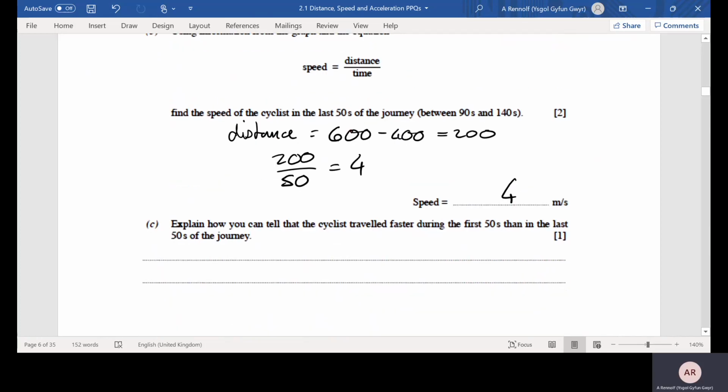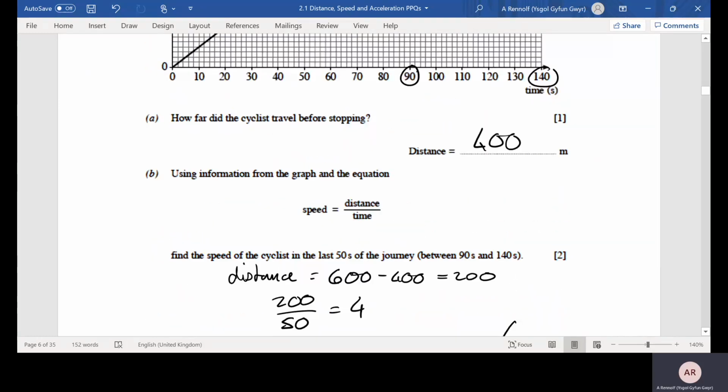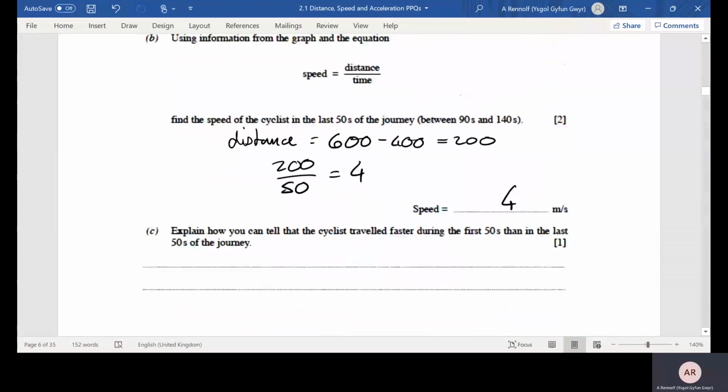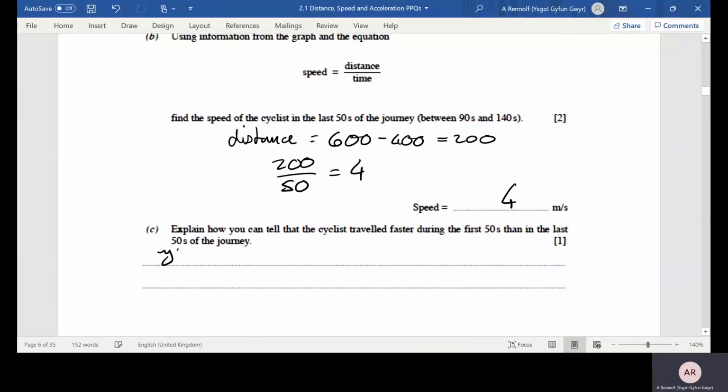Explain how we can tell that the cyclist travelled faster during the first 50 seconds than the last 50 seconds of the journey. Well, like we said at the start of this question, the graph is steeper, which means we're travelling a greater distance in the same time interval. So we want to say that the line is steeper, or the gradient is steeper, during the first